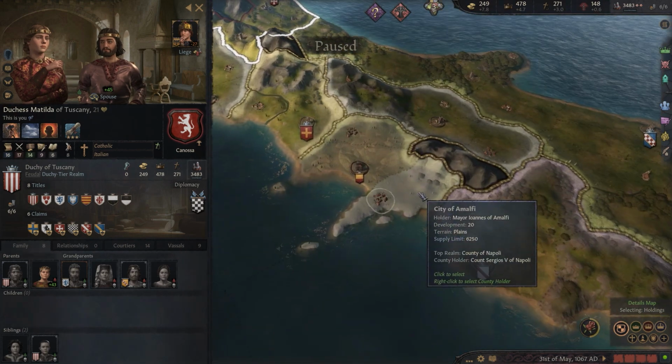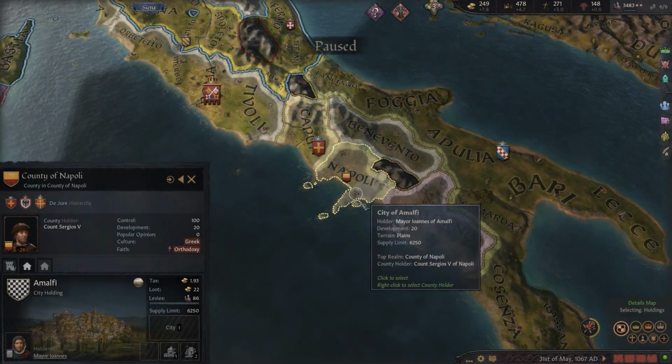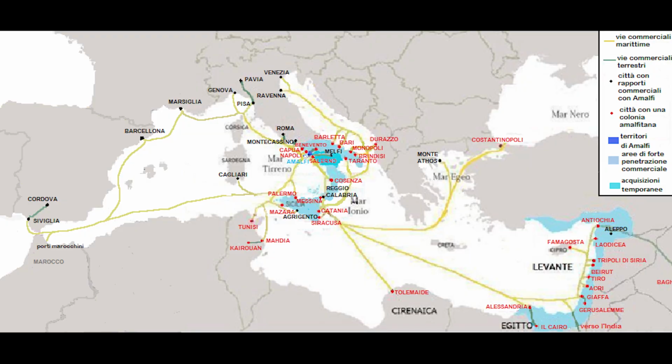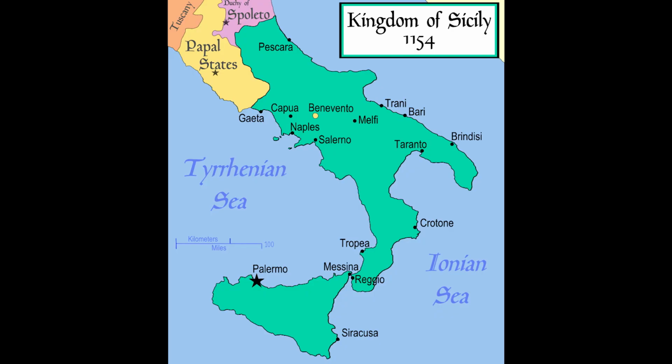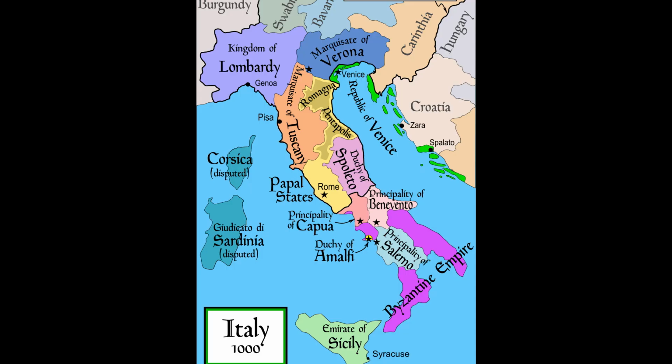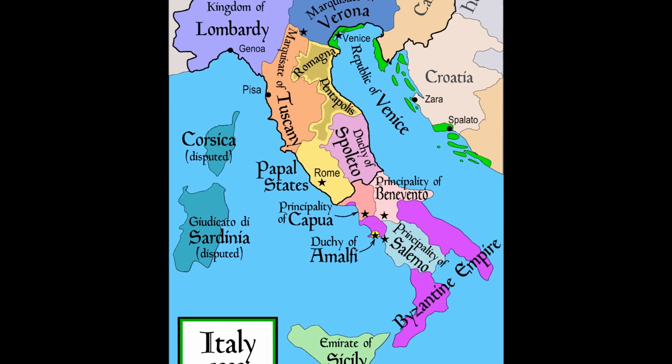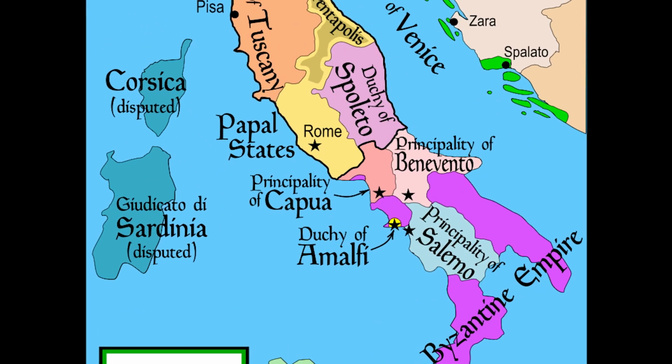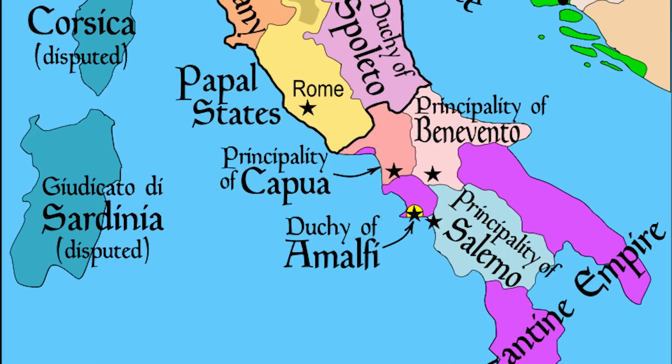It is unfortunate that the Republic of Amalfi did not make it into the game, but while Amalfi was a powerful maritime republic in the 11th century and was still independent in 1066 before being swallowed up by the Normans in 1073, at the start of the game it was territorially smaller than even the smallest in-game counties on the Apennine, so that probably explains its omission.